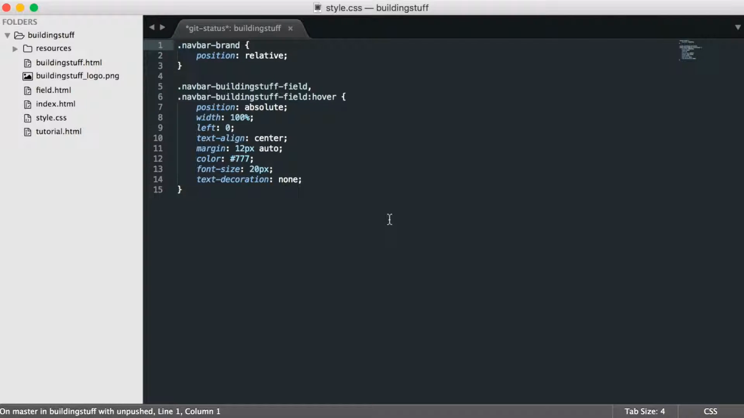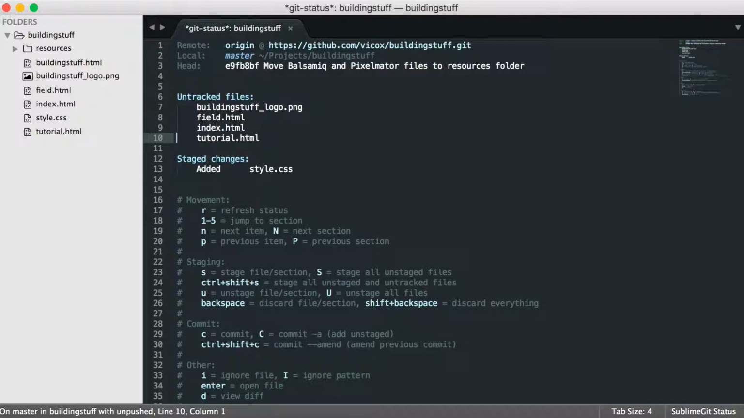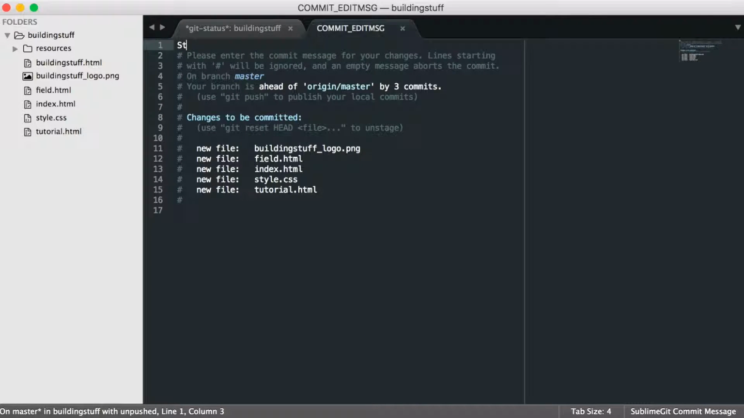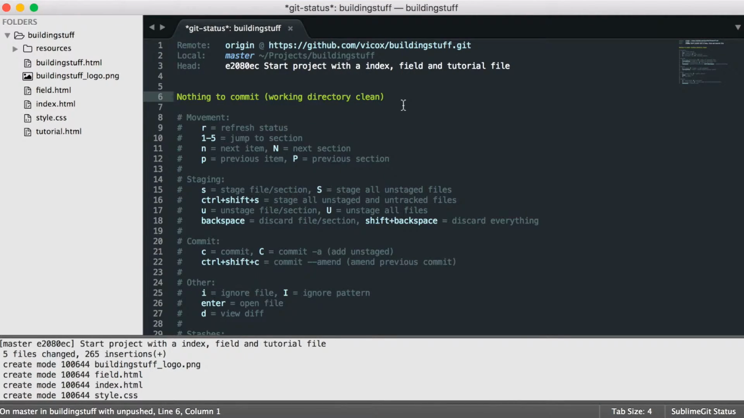Okay, I'm gonna commit these changes now. So we stage all these files and commit: start project with an index, field and tutorial file. Okay. So that's it for the second episode, and next episode we will be using some sort of